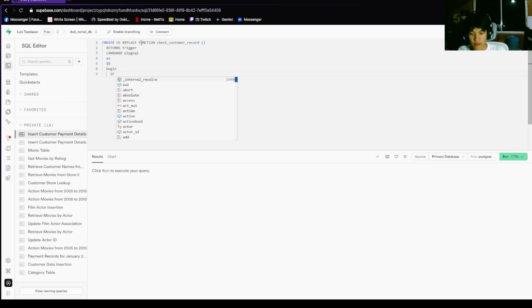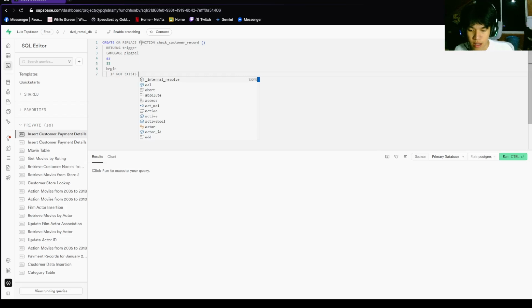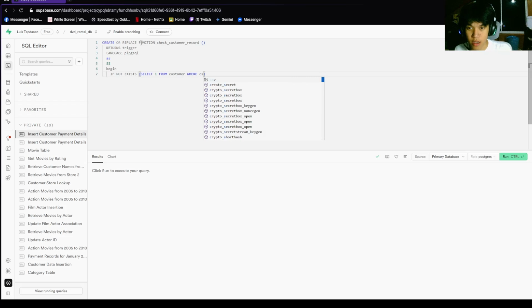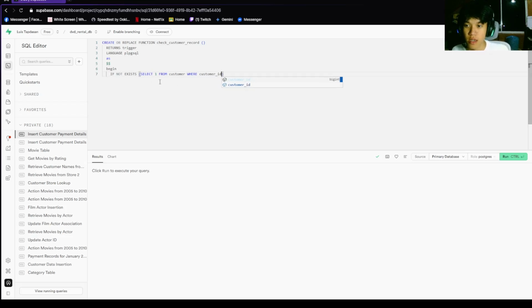We're going to be using an if statement. If not exists, select one from the customer table, where customer ID is looking inside the customer table and locating the customer ID.